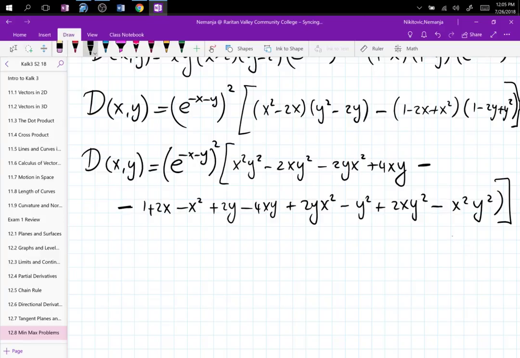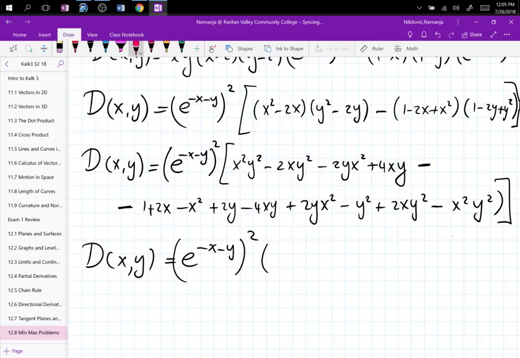And now I can simplify. Who picked this problem? So I have xy, this one, gone. Minus x squared y squared, gone. This one and this one, gone. This one and this one, gone. And the rest survives. I have